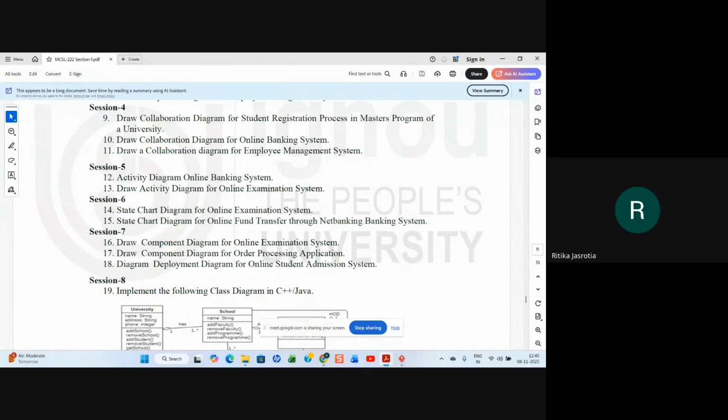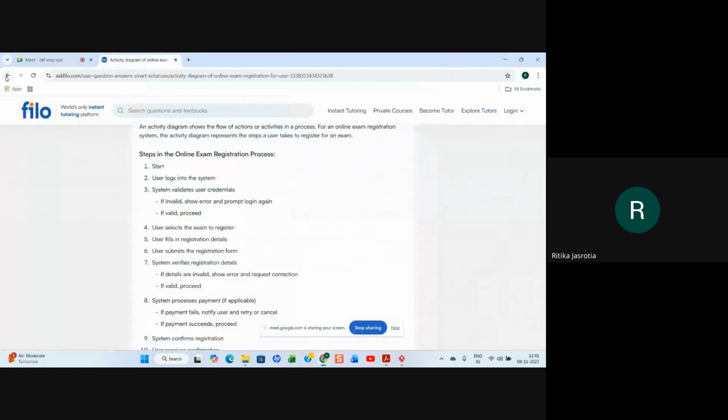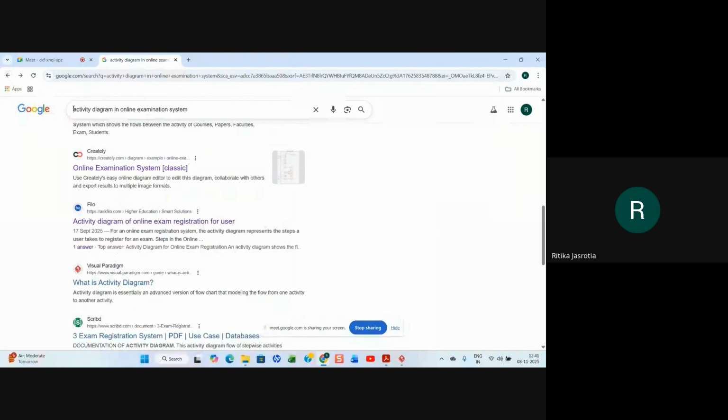There is no condition here. In an activity diagram, you have a condition that if this is valid, you go here, if this is not valid, then you go there, right? That kind of a situation is in the flowchart-like activity diagram. So let us see what they have made in an online example.